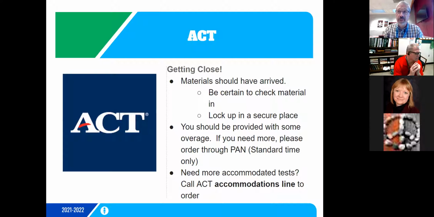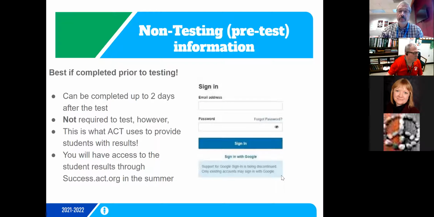And if there are any outstanding students for whom no decision has been made, Sarah and I have found that in the Advanced Placement test, we could get decisions about accommodations as late as the day before. I don't think ACT is usually that slow on things, but please keep in mind that it could happen, and check on those things.